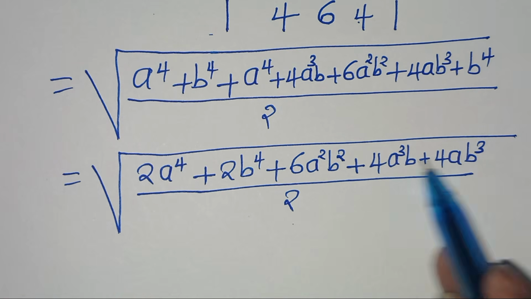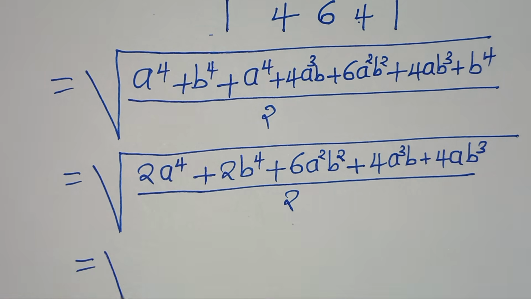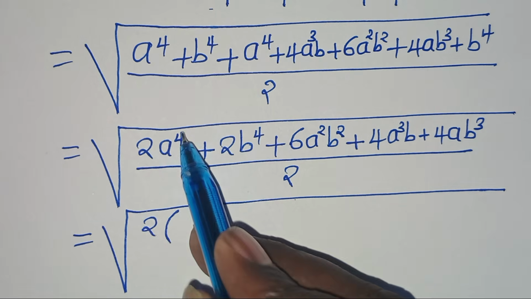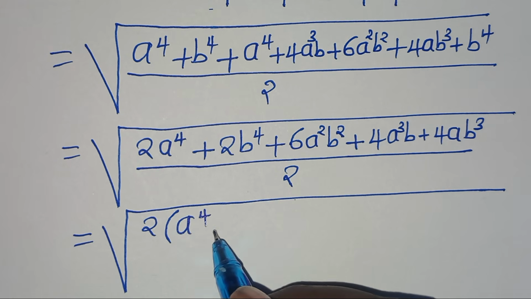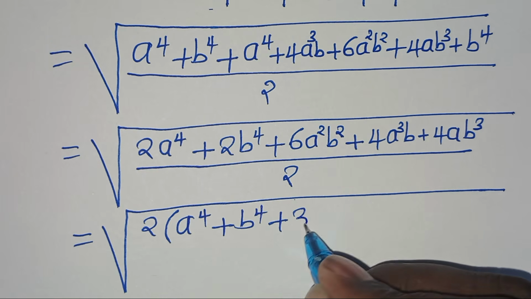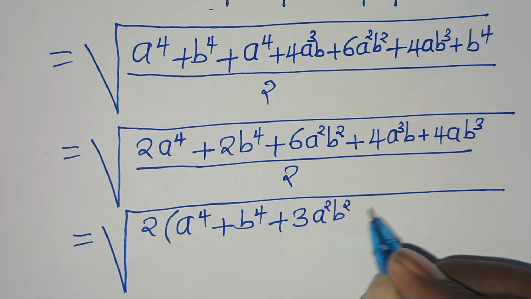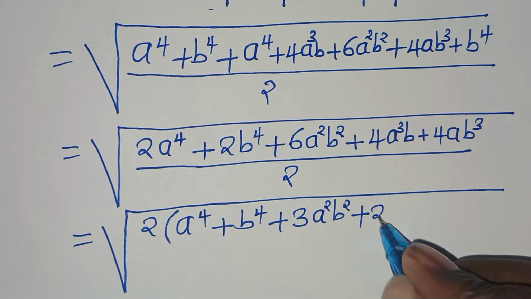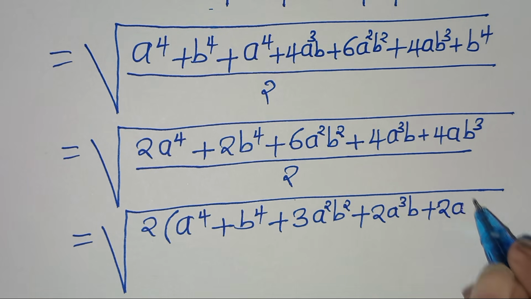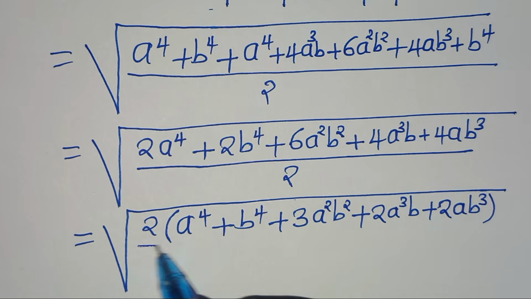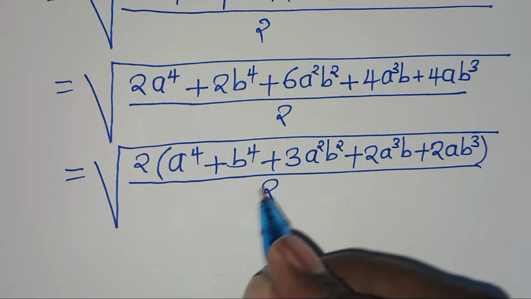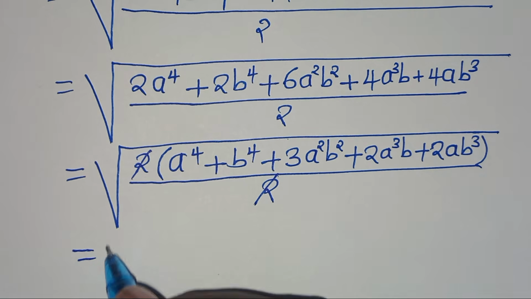Now we have that 2 is common in the numerator here, so we can factor out 2 in the numerator, so that we have 2 times the parentheses a to the power of 4 plus b to the power of 4, plus 3a squared b squared, plus 2a to the power of 3 b, plus 2ab to the power of 3, close the parentheses, then everything divided by 2. Now we can simplify 2 and 2 here, so that now we have the